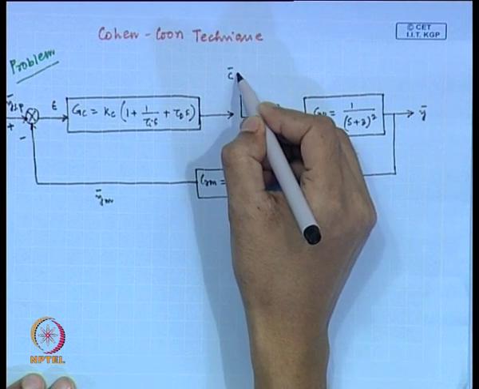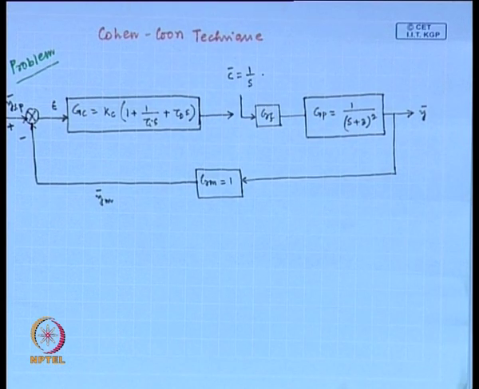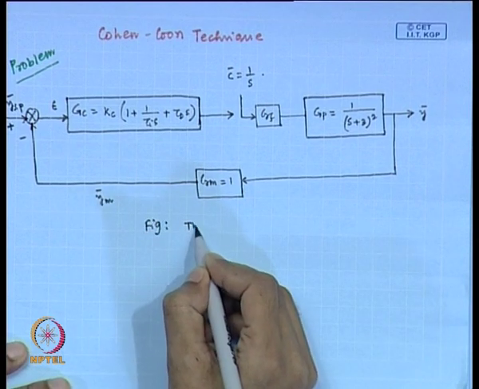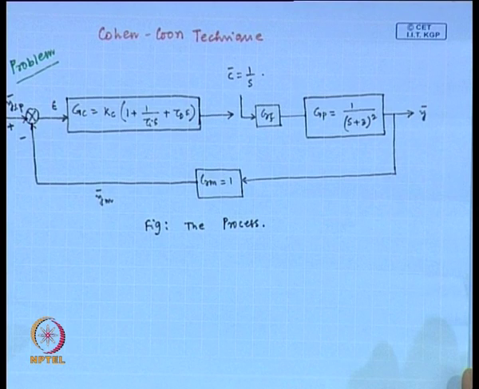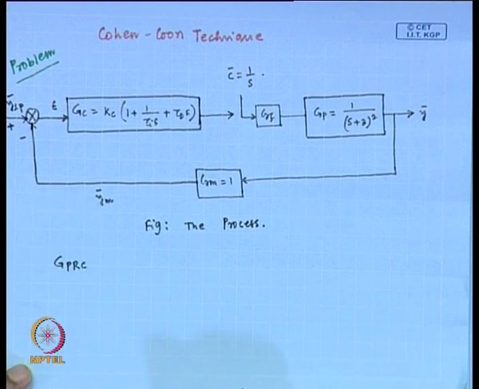Suppose a unit step change is introduced in the controller output signal, that is, a unit step change introduced in the input signal to the final control element. So, this is the process. First, we need to form the transfer function of the process reaction curve, PRC,